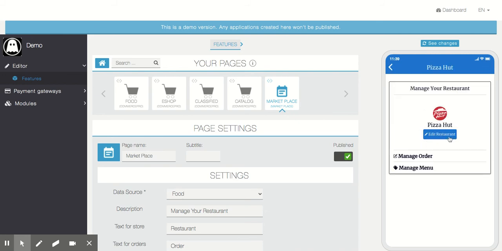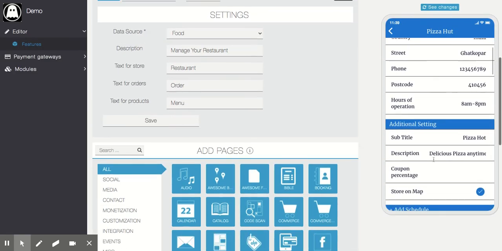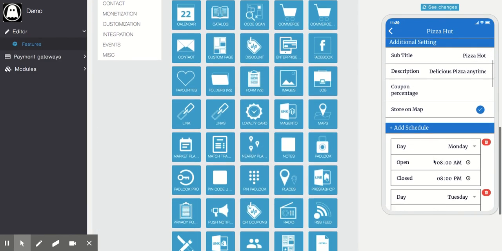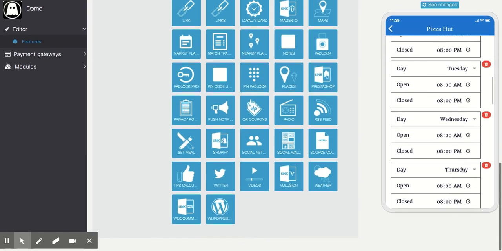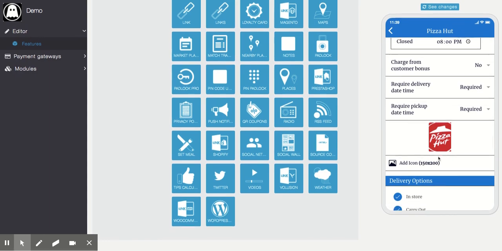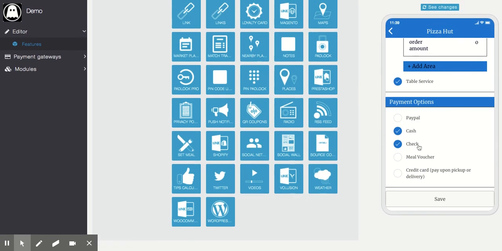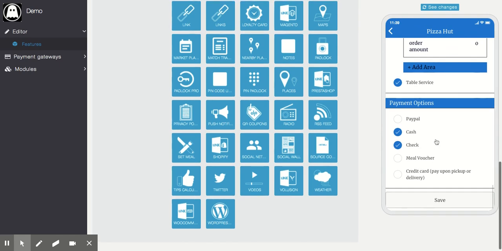And one more thing is that you can change the payment gateway settings, everything related to the store, from here. So your store owner can change the schedule and all those options. They can change the icon and delivery options, and payment gateway setup, everything they can configure from here.